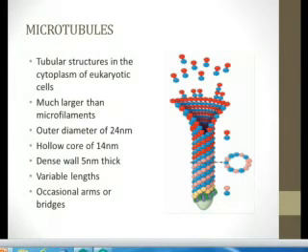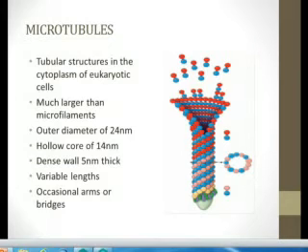Next one is microtubules. As the name shows, this is a smaller tubule. Tubule means an inner hollow structure. These are tube-like structures with a narrow inner core, an inner tube-like cavity, and the inner hollow core is about 14 nanometers in diameter. However, the outer diameter is 24 nanometers, and if we count each one subunit of it, this